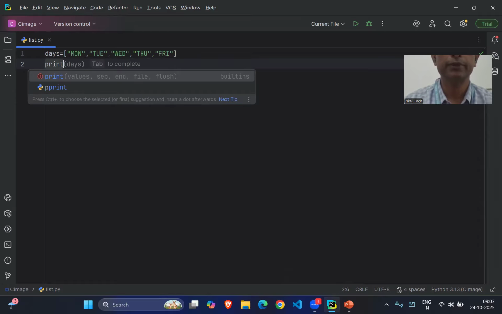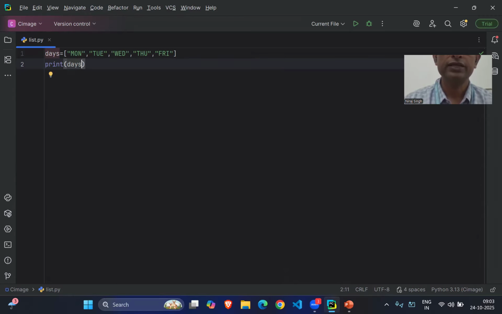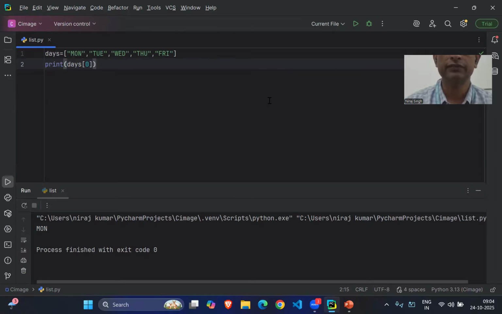We can use print, then days, and within square brackets we write the index position. So, for Monday, you write it this way. What will be the output of this one? It will display the first element, that is Monday. Just run and check. Now you can see the output is Monday.